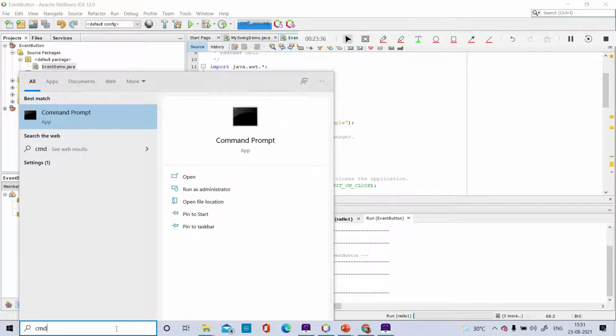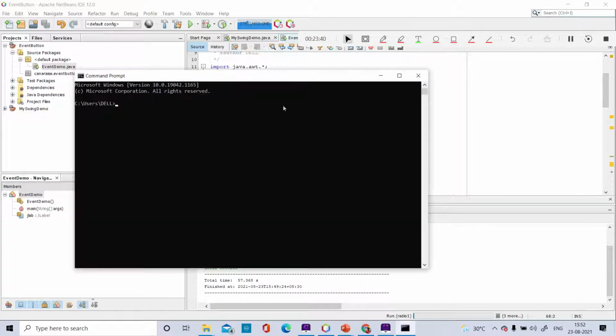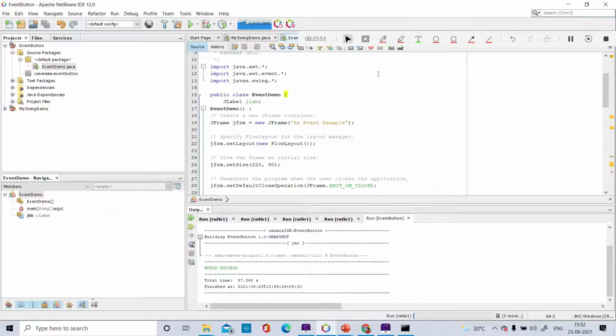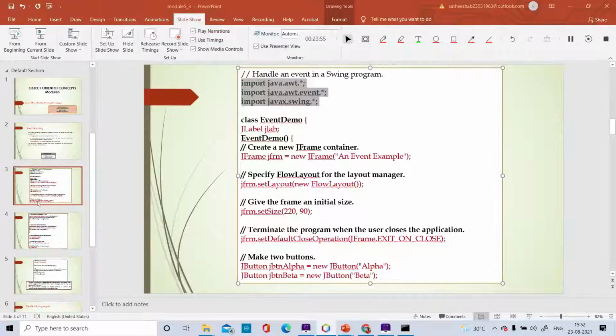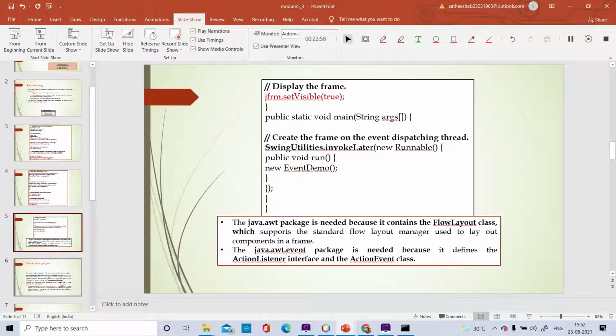Applet doesn't run in JDK versions after 8, so we have to check our JDK version. For that you have to run java -version. In the second module I have shown you, but for your revision, I can see here it is 16. So applet will not run, but anyway we'll learn the concept.